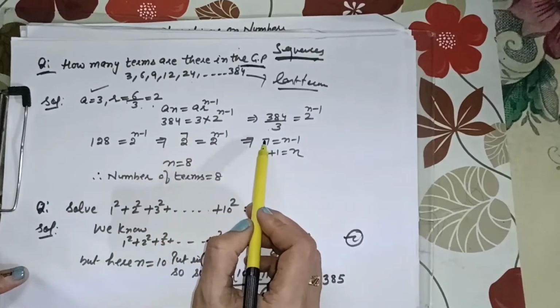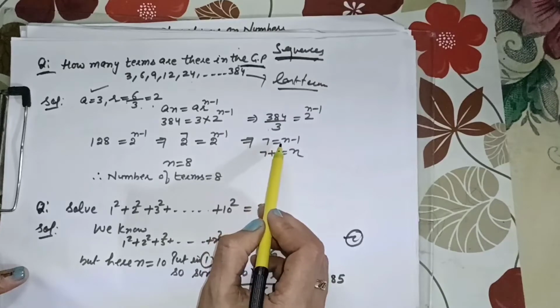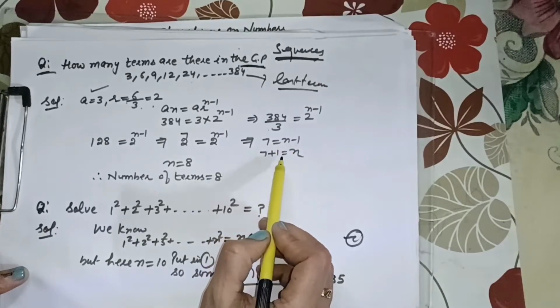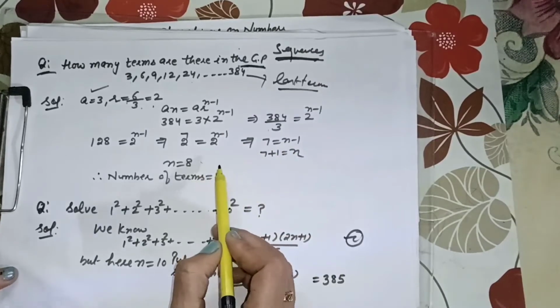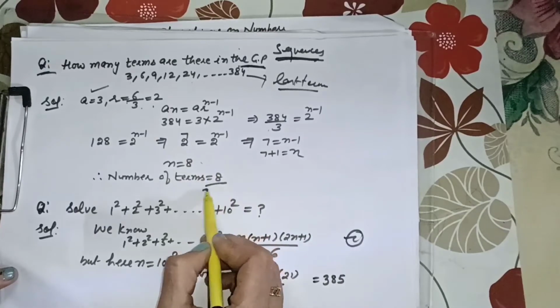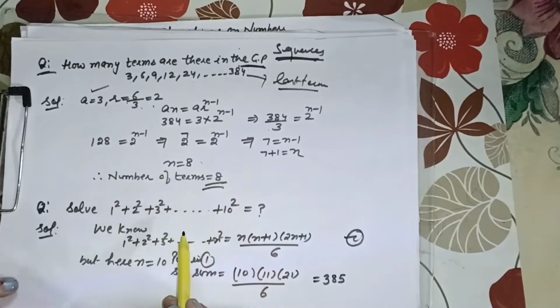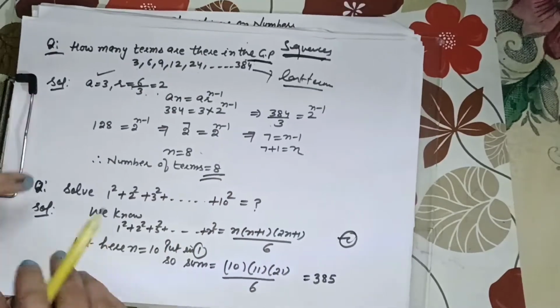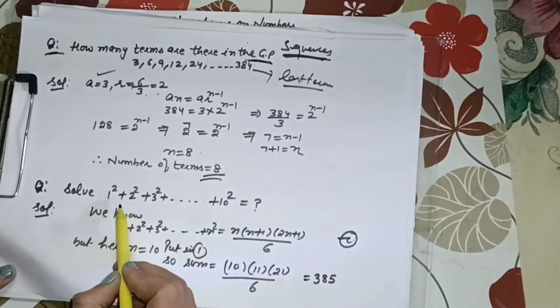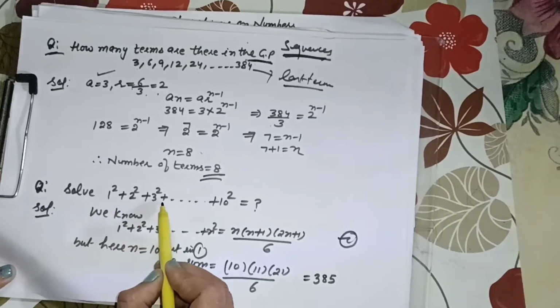So bases are the same, so powers will be equal, and 7 is equal to n minus 1, and 7 plus 1 is equal to n, so n is equal to 8. This is the number of terms, because the question is how many terms, just we want to find the value of n. So this is the first illustration, and second illustration, solve 1 square plus 2 square plus 3 square, and so on up to